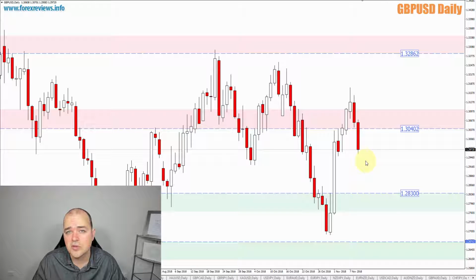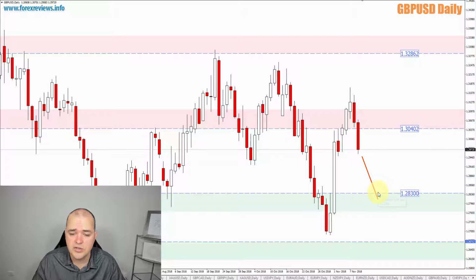What I'd like to hold in this market this week is a potential target area to the downside for all those people holding a sell trade on this market from the recent test of the 130.40 zone area. And that is the 128.30 zone area. This is a great target area to the downside. And I'd also like to mention that this is not only a great target area to the downside for all those people holding a sell trade from the recent test of the 130.40 zone area,